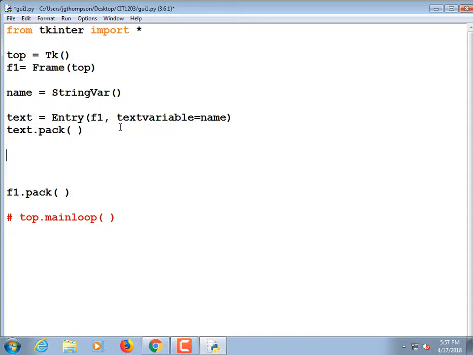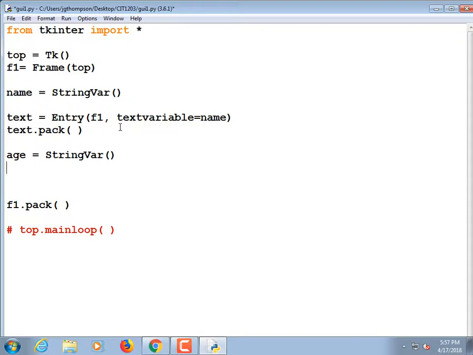I don't know. Name. What else do we care about? People. We like their age. Now we should not make this a string var. It ought to be a numeric variable. But just for now, age is equal to string var. Now text was a really stupid name for a variable, right? That is incredibly generic. We should have called it name field or something like that, name text. Be that as it may, I'm not going to correct it, but